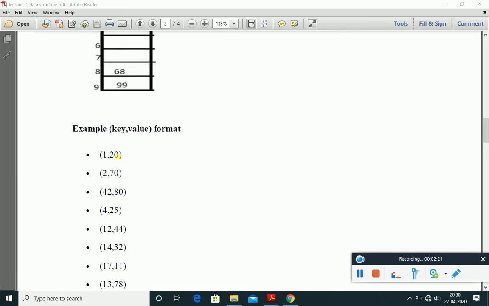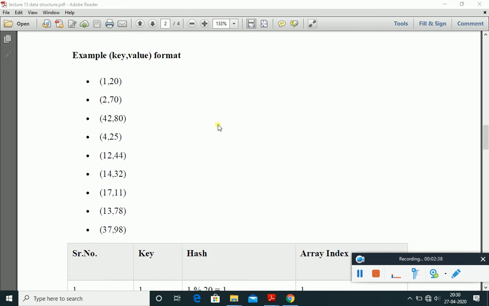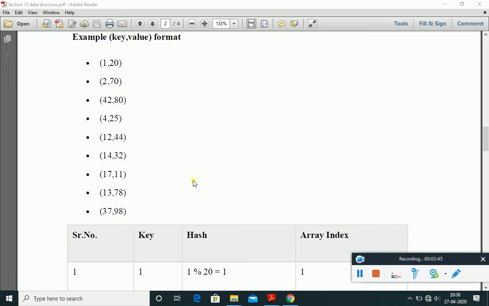Here we have the key values with the associated values. Associated value means the record value, which is not very important for us while we are applying hashing. It is just information. The key value is important for us. So let's suppose these are the key values and there are 9 records.